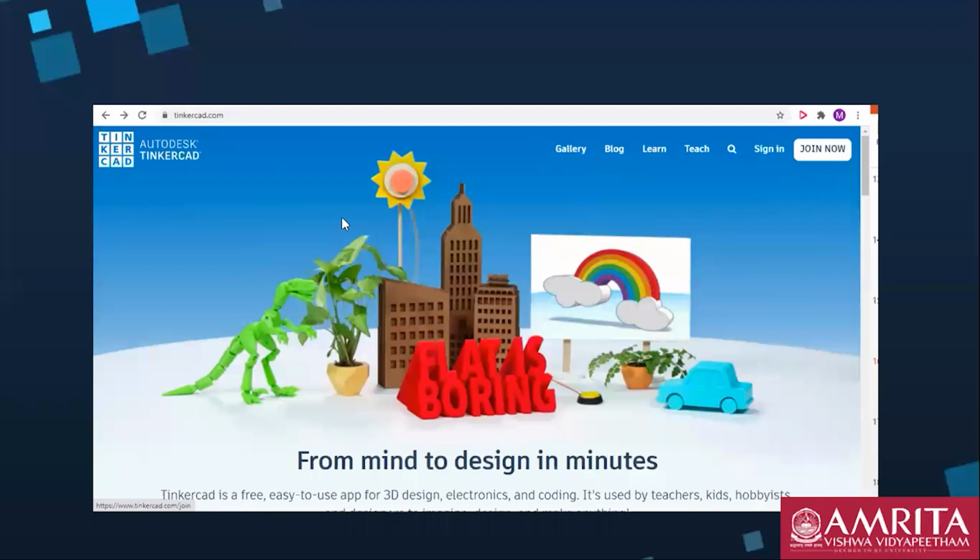Autodesk Tinkercad. 3D printing comes under any branch. CSE, ECE, you can go for it, no problem. Printed circuit boards, everything in electronics, you can go with that. For CSE, I think further courses would be more applicable, but you should know it. You should know 3D printing is for everyone.